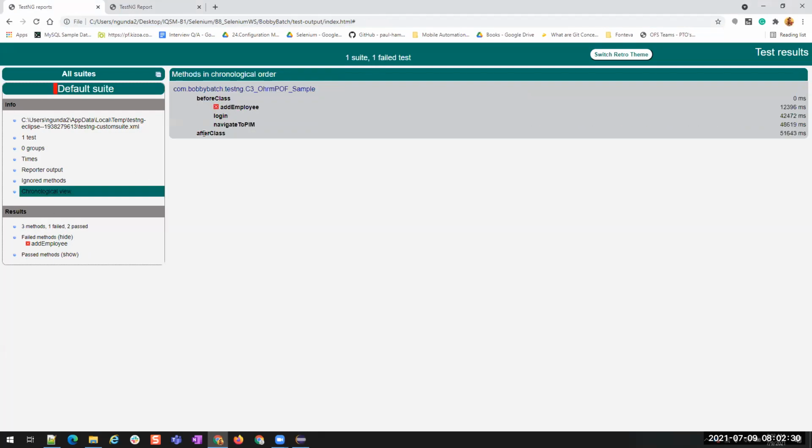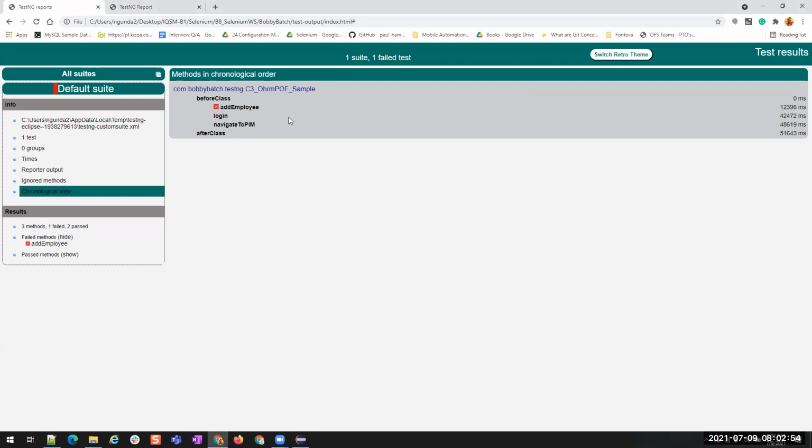You see, before class, after class, when we have multiple test methods, which method is getting executed first? Is it executing login or is it executing add employee? It is executing add employee.